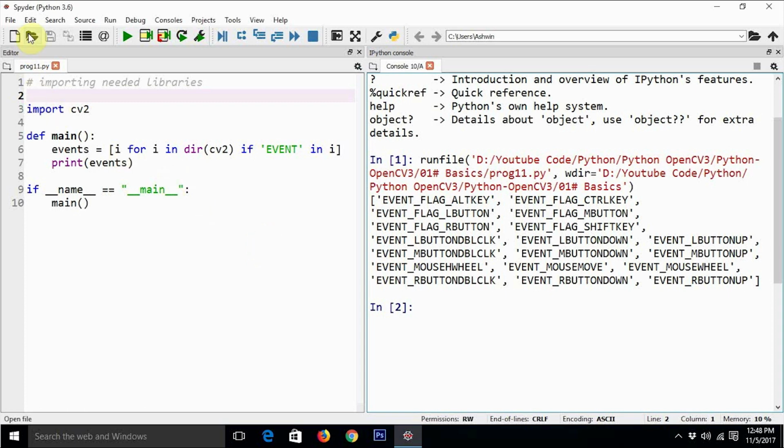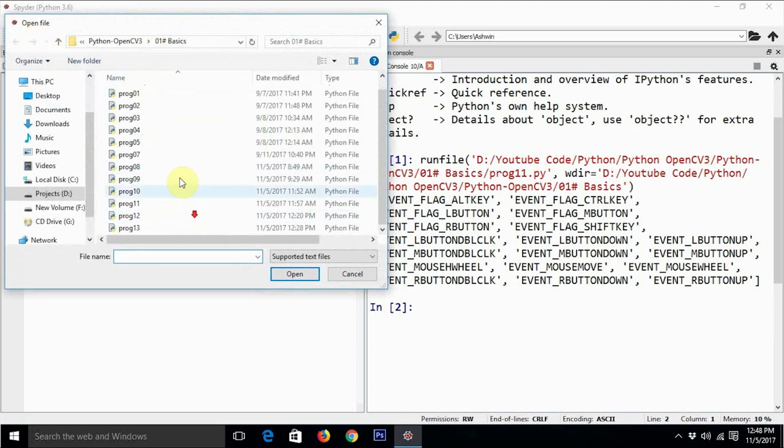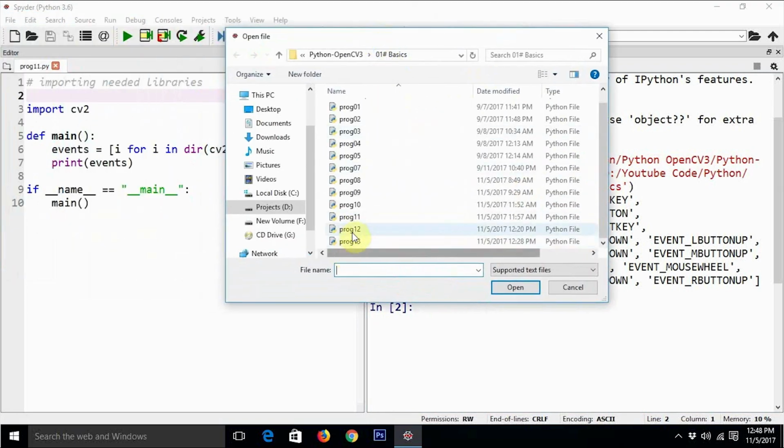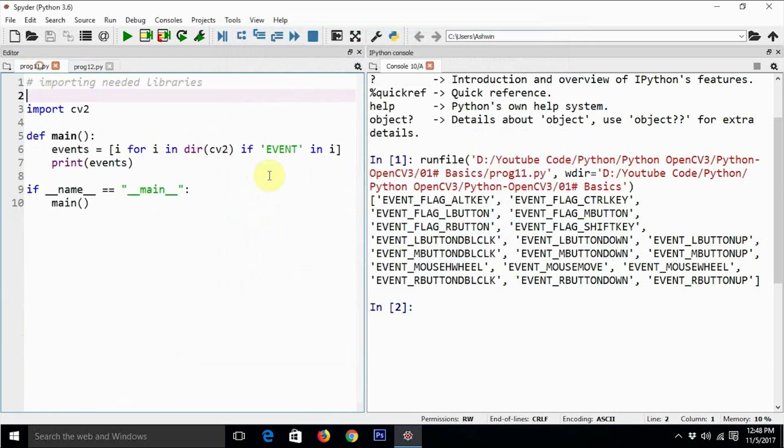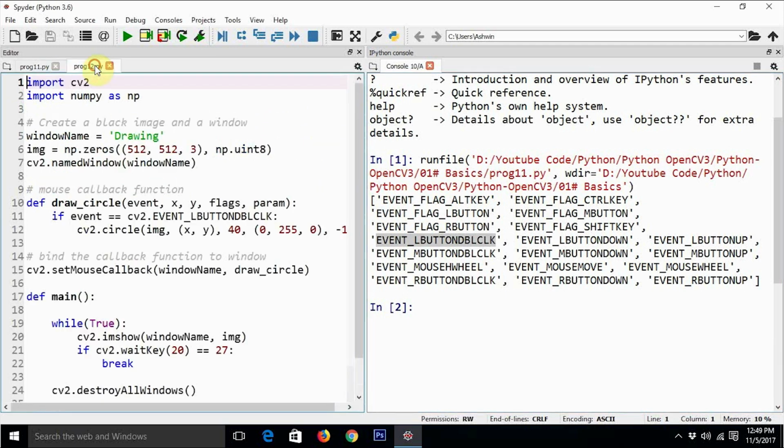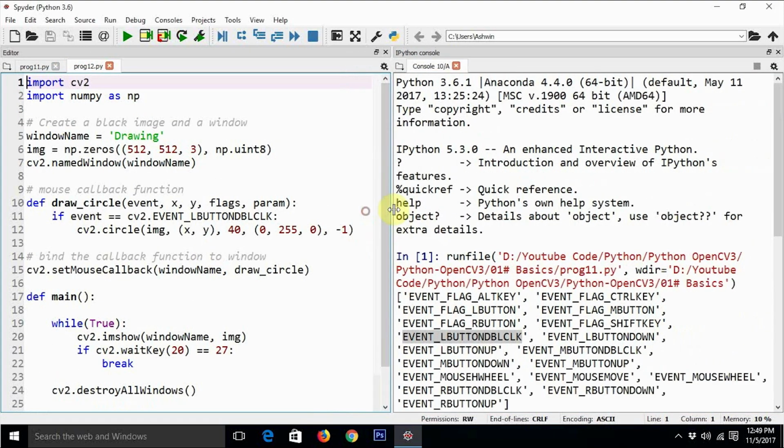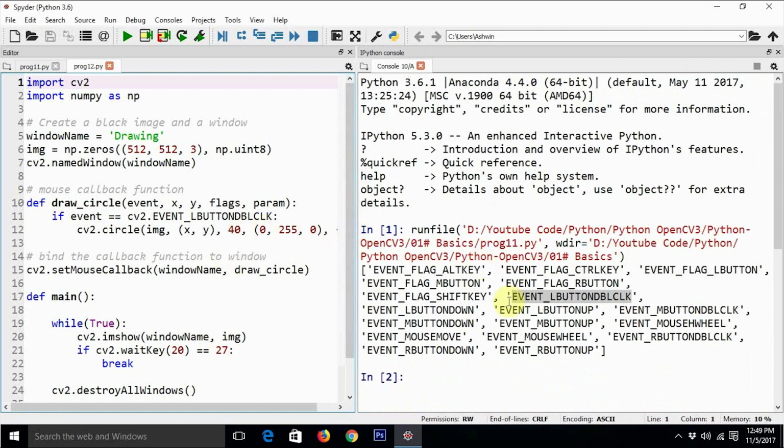When we double click on the screen, it should draw a circle. I have already written the code for that, so let's have a look at the code. Let me explain the code first, and then we will execute it. Have a look at this left button double click. We are going to use this particular event for programming our next interactive application using OpenCV3. I'm not going to execute this code as of now, because I actually need the output of the previous window. So let me explain the code.